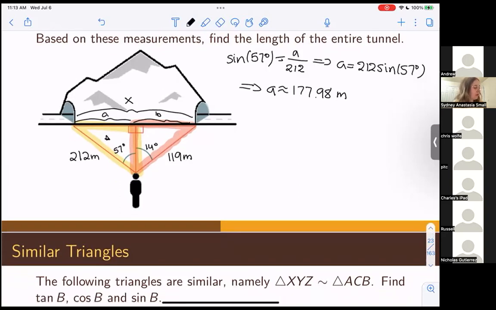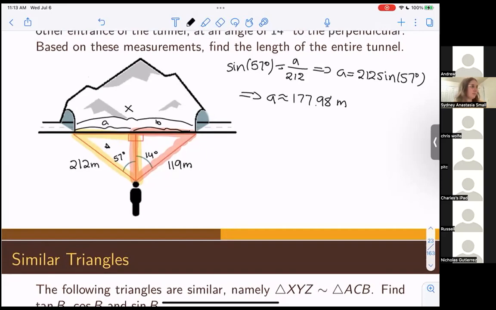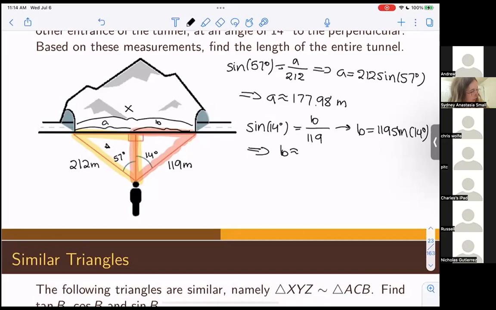Same thing for B. We have an angle right here. We want to solve for the side opposite of it. We have the hypotenuse. We need the function that involves both the opposite side and the hypotenuse. So yet again, we are going to use sine. So we have that the sine of 14 degrees is equal to the opposite side, which we're just calling B at this point, over the length of the hypotenuse, which is 119. Multiply both sides by 119, we get that B is equal to 119 times the sine of 14 degrees. And plugging this into our calculator, we get that B is approximately